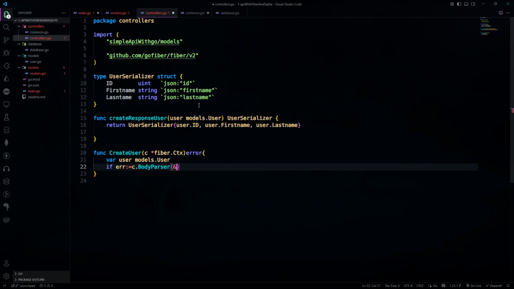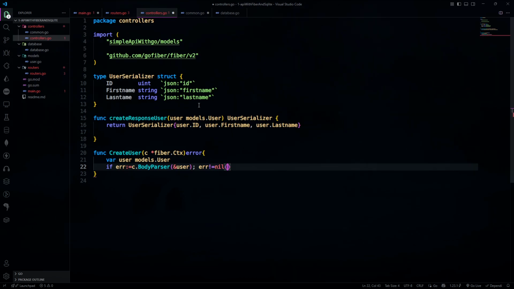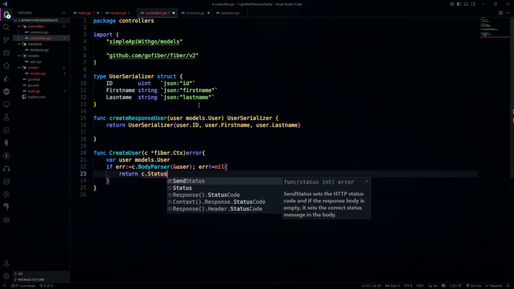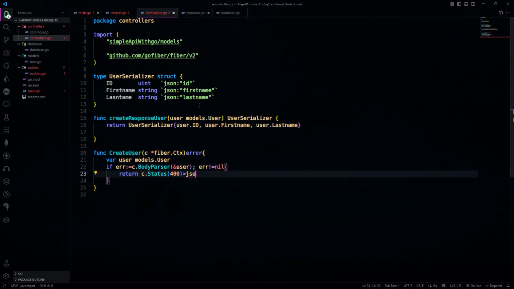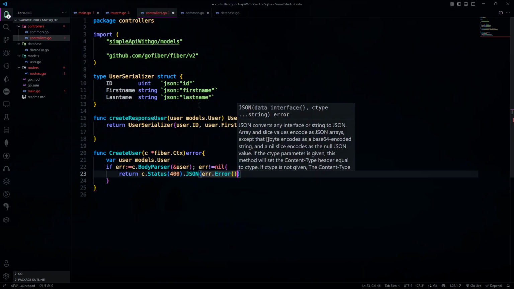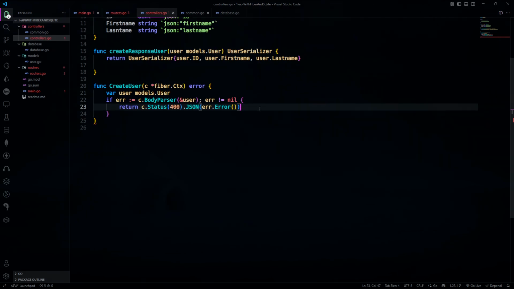I will pass the ampersand user to get all the user data in the body parser, and if error is not equal to nil, meaning an error comes, then we will return c.Status(400), and we will write some message like err.Error(). You can write a different message as well, but I will write err.Error() for understanding the message